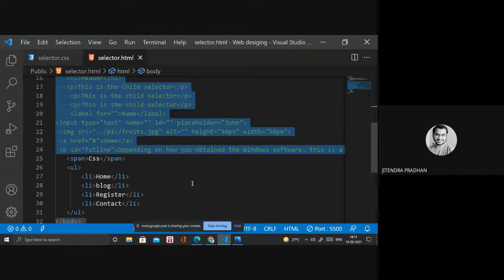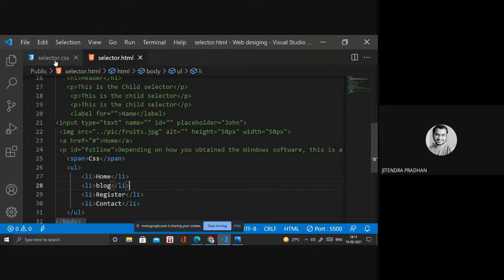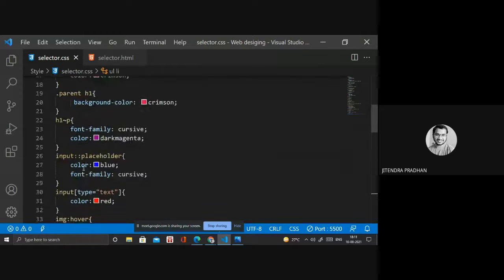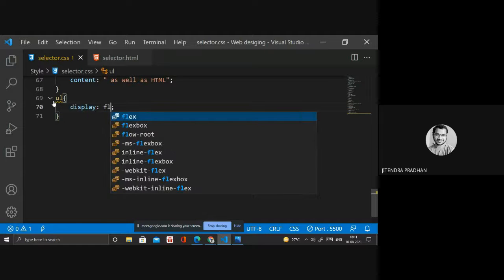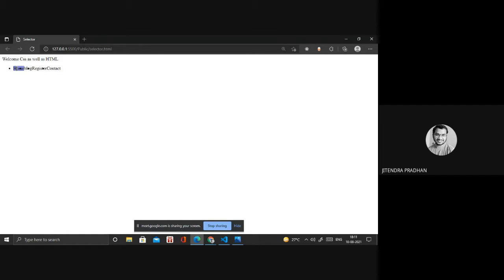Then next, yes, it's applying. Display flex on the ul, we are applying that before. If I use ul, let's see what happens. Display flex. Okay, it's happening now, and it's on one line.